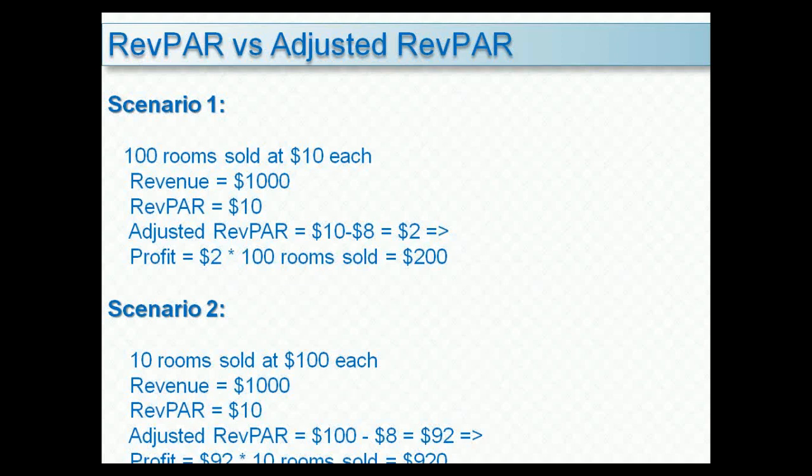Thus we can see that RevPAR really does not give us any information about the real profitability, while adjusted RevPAR is a clear reflection of the bottom line profits. It can be calculated fairly easily, again, as soon as you measure your average cost per occupied room. CPOR, which is cost per occupied room, can be considered as a constant and be used for any future calculations. And then you will also, if you have any additional revenue generating departments,